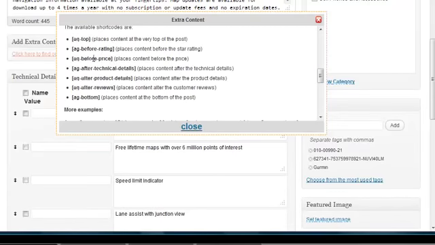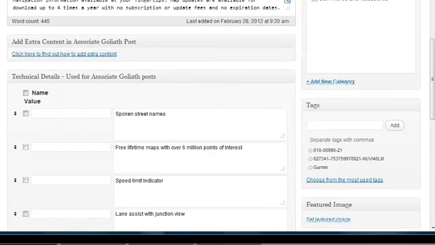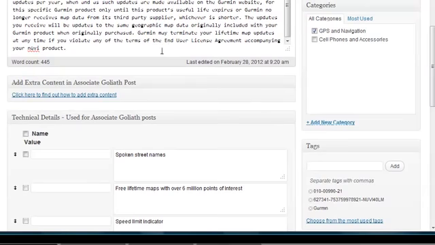Here are the shortcodes. If we want, we can enclose content between these shortcodes, and Associate Goliath is going to add your content wherever you want in the post. For example, let's say AG top. We can add this wherever we want in the text area.